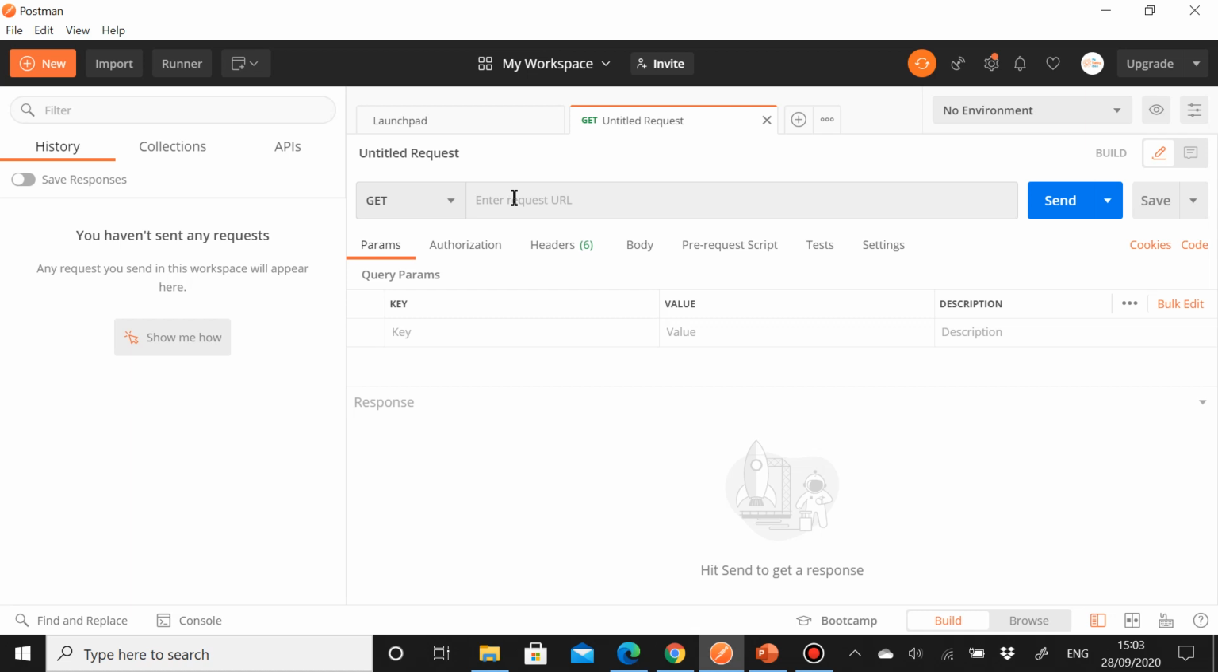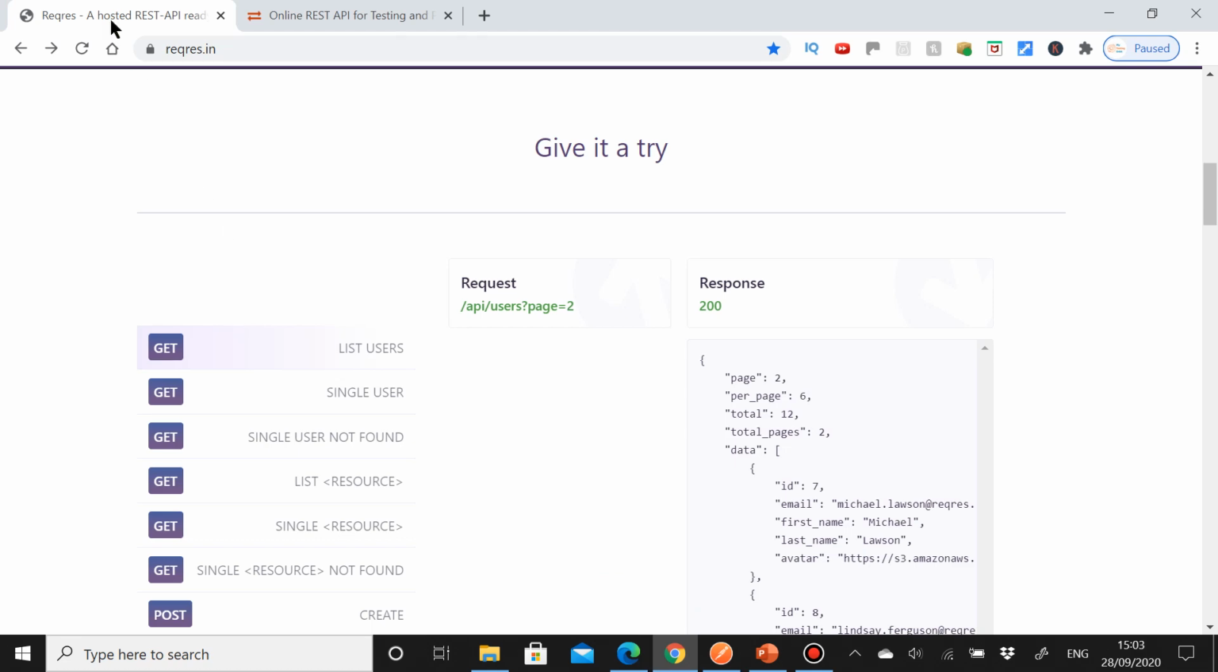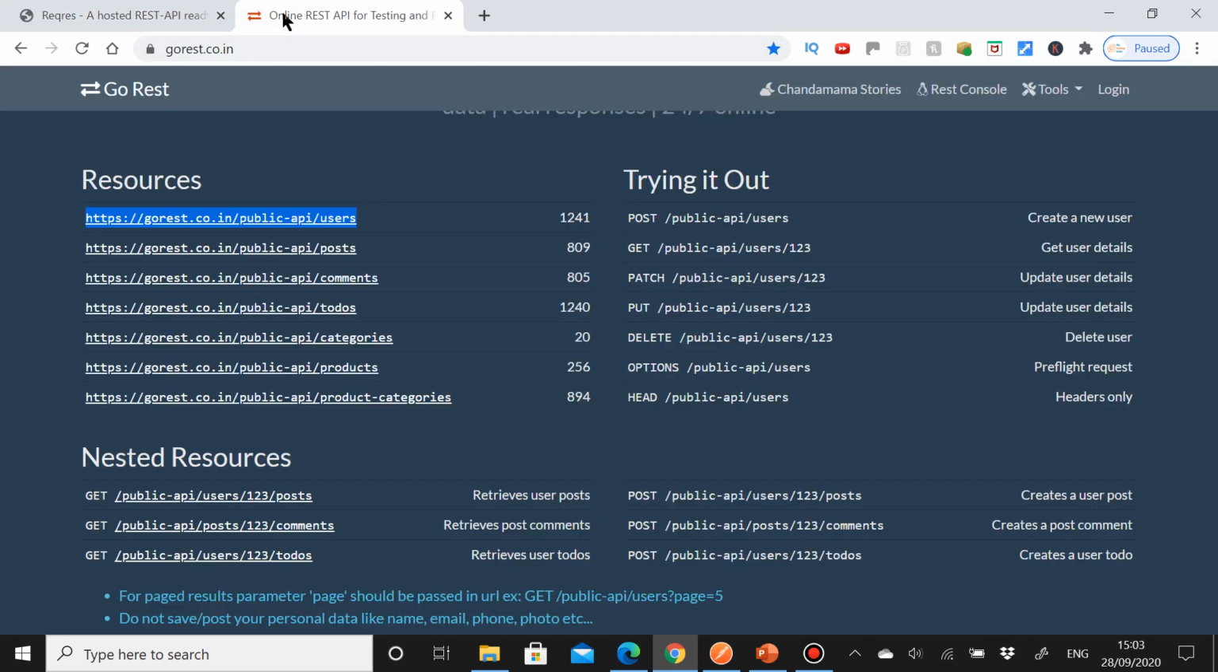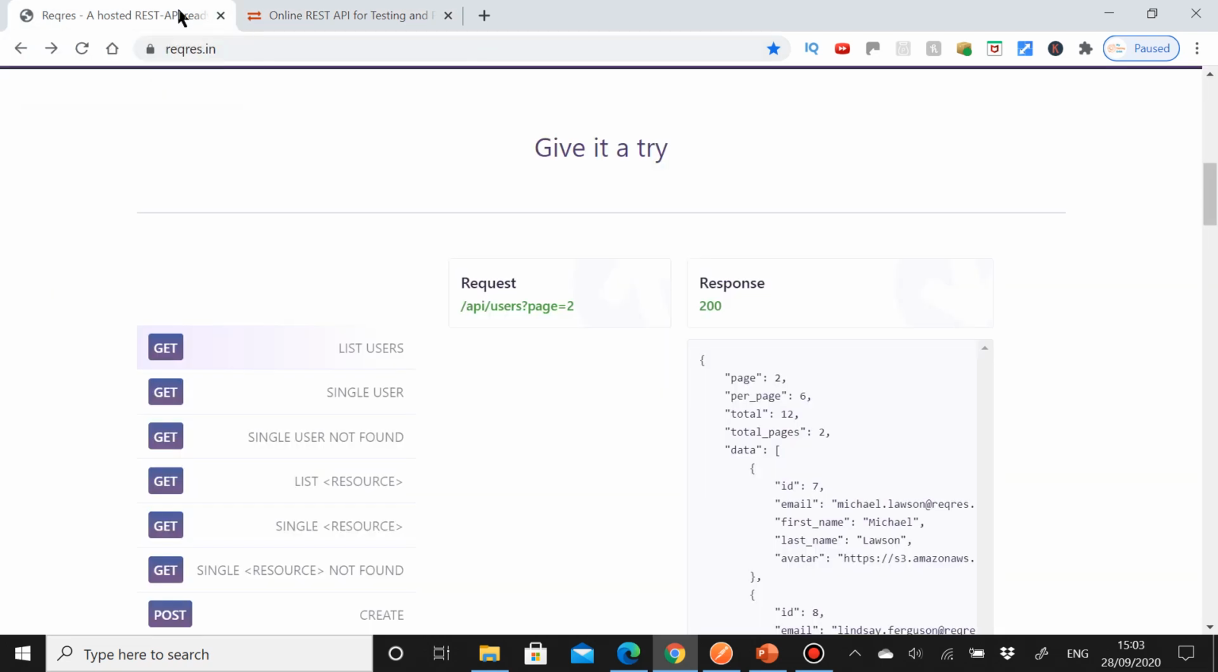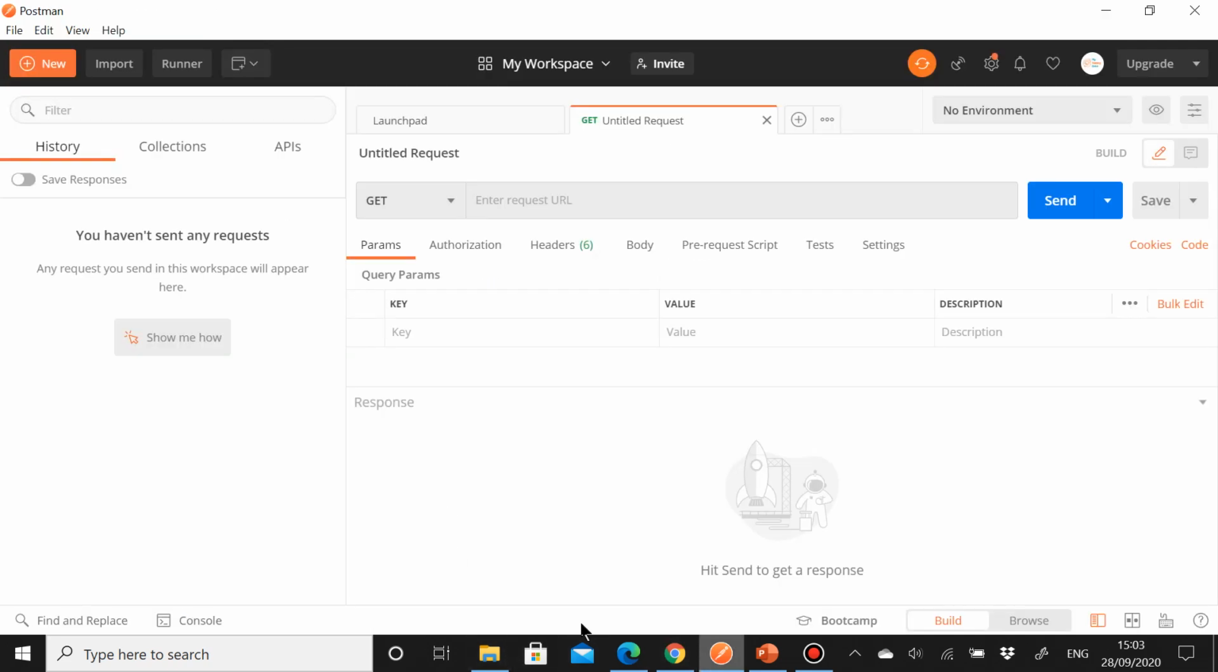Now we have to enter a request URL, which will be basically the endpoint for our API. You can use any public API for that. I will be using this reqres.in. You can also use gorest.co.in, and there are many others. So for practice, you can use either of them. Right. Okay. So we will go back here and we will write our first request URL, which will be